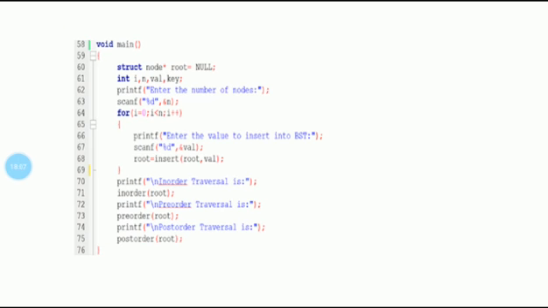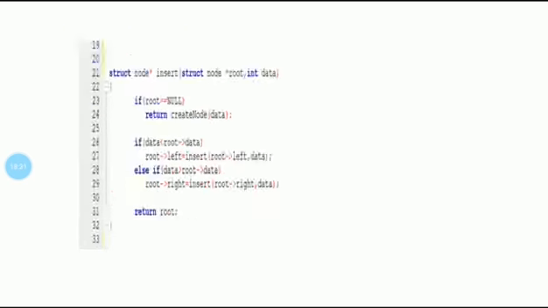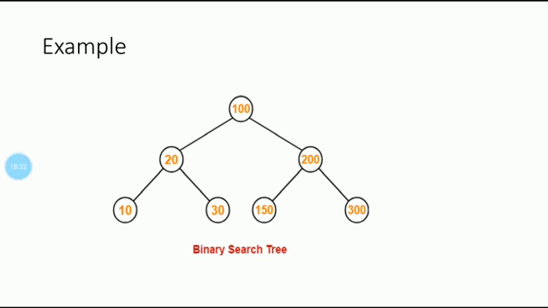Then by execution of this complete program, this is one sample instance where I'm going to give the number of nodes as 7 and enter the values like 100, 200. These particular values represent the binary search tree at the starting point.